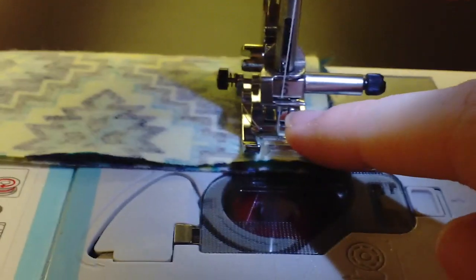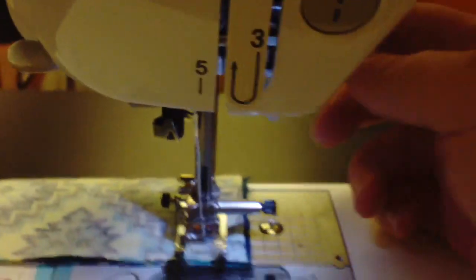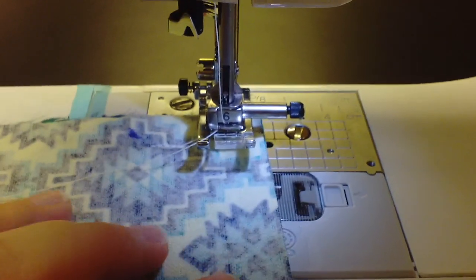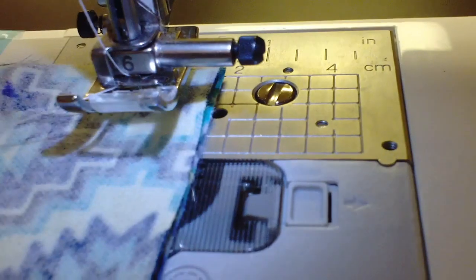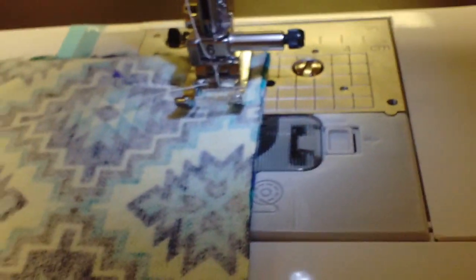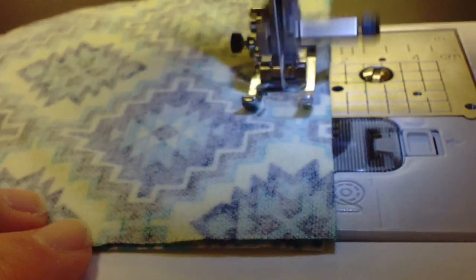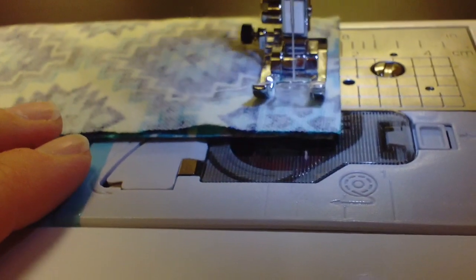I'm going to plant my needle into the fabric so that I can lift my presser foot and pivot. And then luckily I'm close to that 2 line over here. So I'm just going to drop my presser foot again, and then I'm just going to go down this edge, following whatever line I end up on. So I actually ended up on the 1 line. That's fine. I'm just going to follow that best that I can until I get to my next corner,